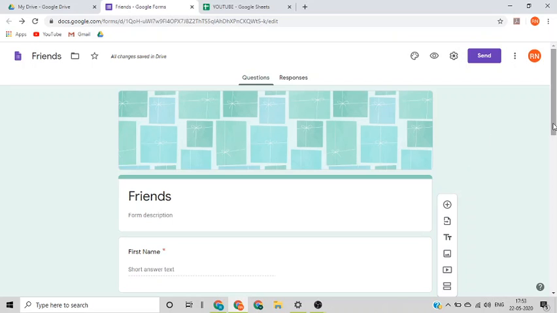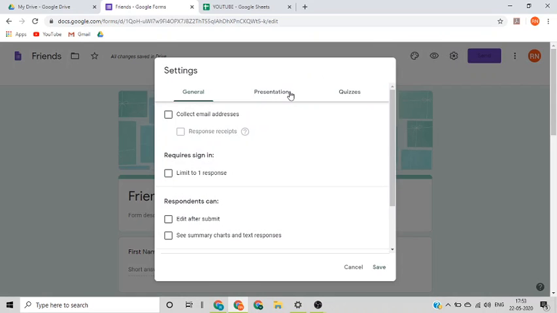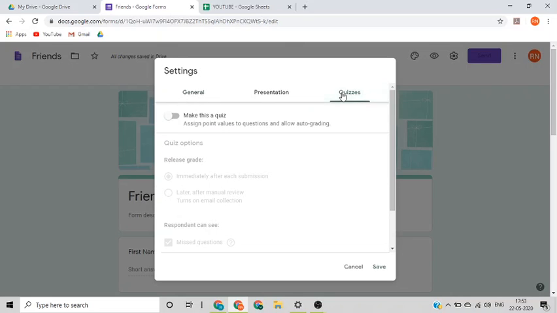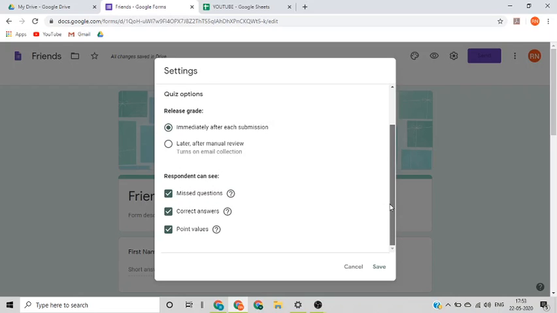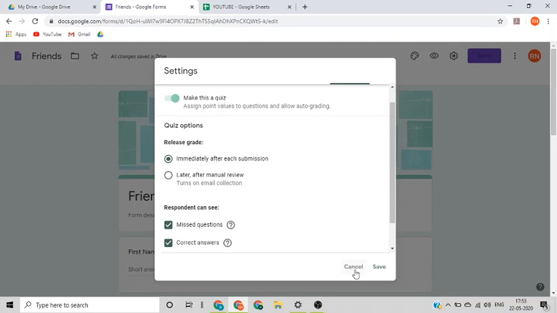So this is how our Google form will look. Now there are a couple more options available in settings. So if you want to take a quiz with the help of Google Forms, you can go to this option, click on this particular tab and on the quiz thing, and these are the various options available for quiz.